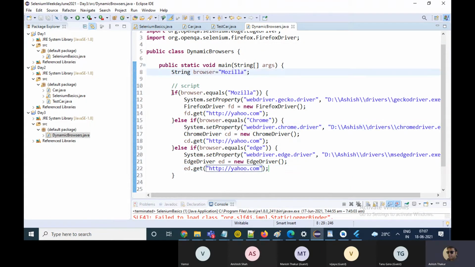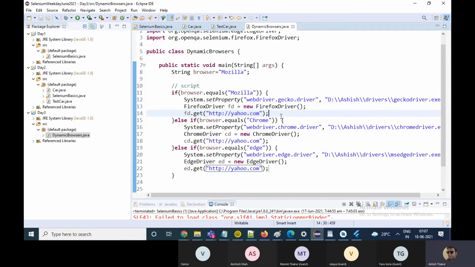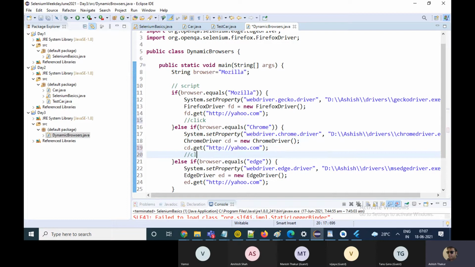Okay, now will this thing work? After going to yahoo.com, if I have to click on a link in Mozilla, I will have to write the code to click on the link in Mozilla over here. Then on Chrome, if I want to click, then I will have to write the code to click on Chrome over here. On the Edge, I will have to write the code to click on Edge. So it doesn't make sense.